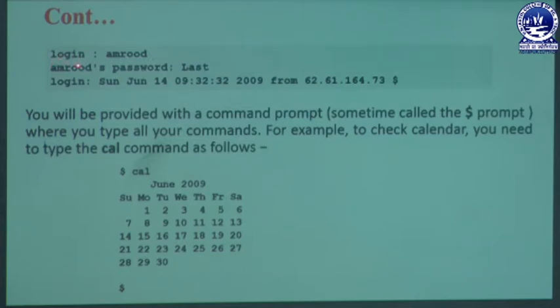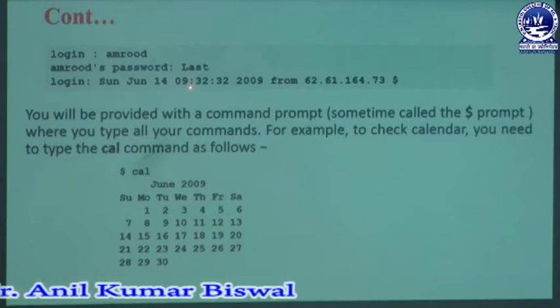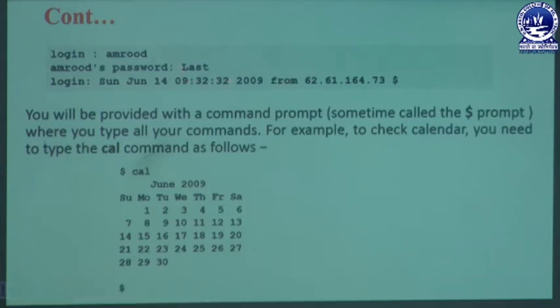Whenever the user presses that login, the user must give their user ID, which is written as AMROD. That user ID always needs a password, which is known as the last and is case sensitive. The user must write the first character in uppercase, then lowercase, then lowercase. That is one format we can use, but it is not predefined. The user can create their own password according to their wish and requirement. Whenever the user enters that system, it automatically displays the current day, time and month, and also some relevant information regarding their system.